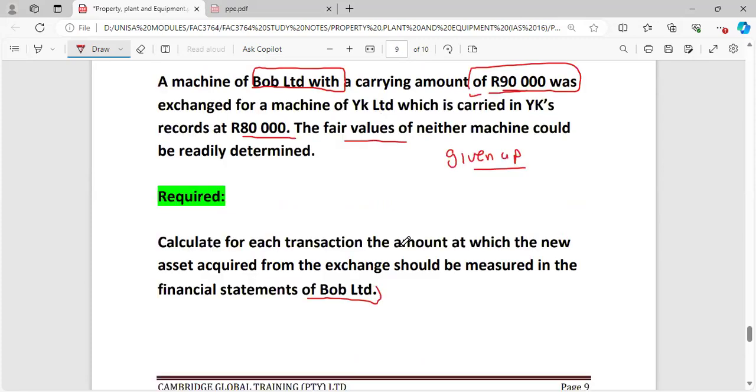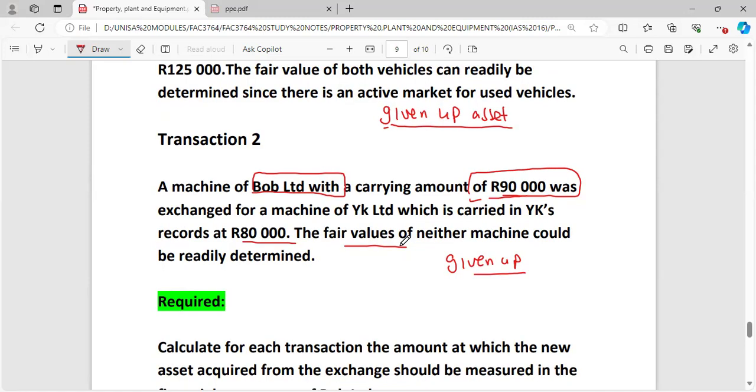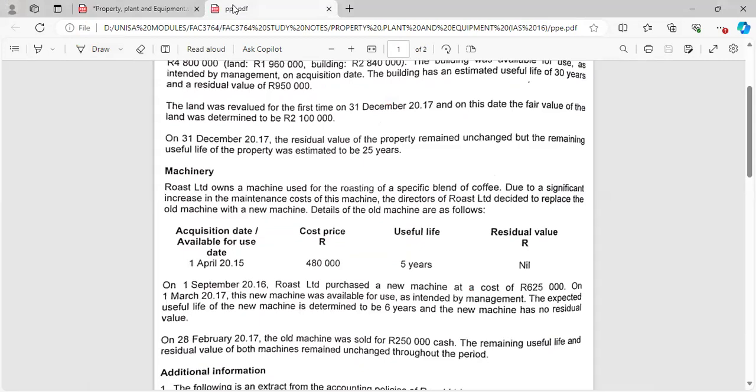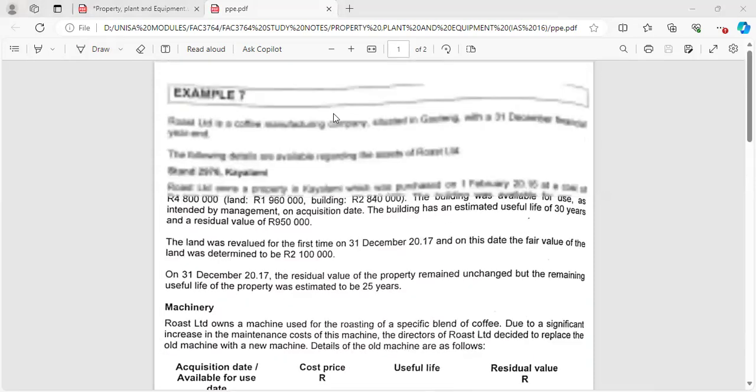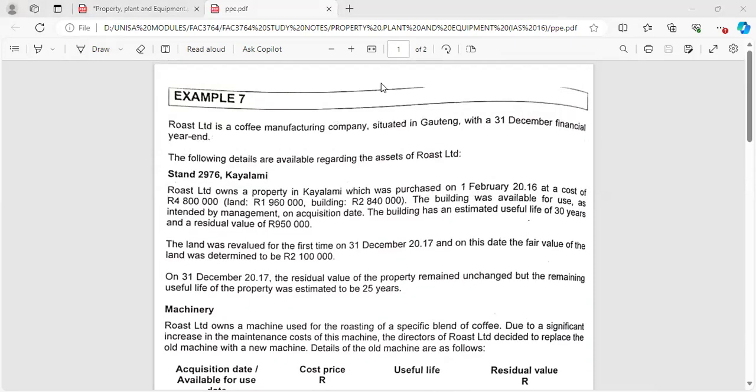There's a question that I want us to do together. Unless there's someone with a question, I want us to look at a bit long question so that we can test our understanding of the topic. Let's look at this question together. I think I sent it together with